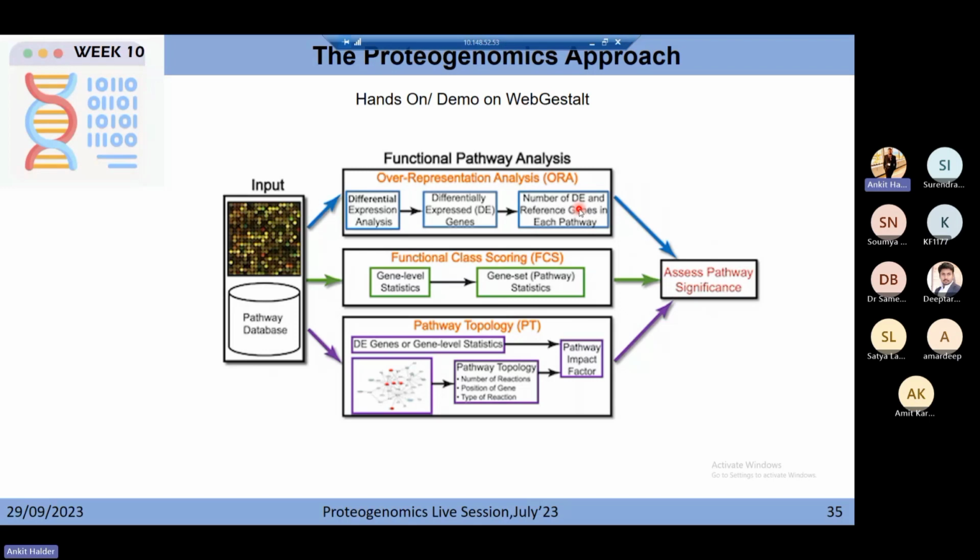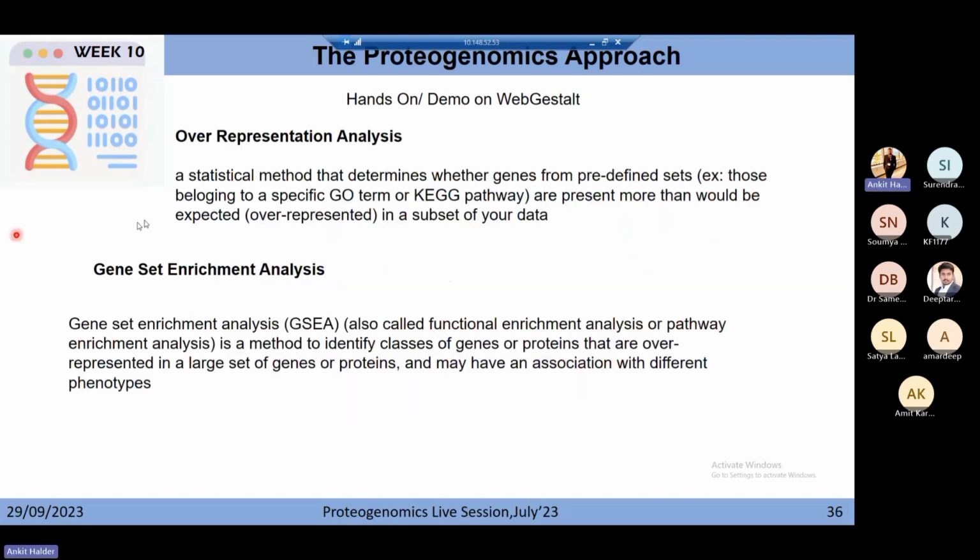Another is functional class scoring, that is the gene level statistics and the gene set, the pathway statistics. Similarly there is the pathway topology, or the differentially expressed genes, and then you will finally assess your pathway significance. So what is over representation analysis? This is a statistical method. Over representation analysis is a statistical method that determines whether genes from predefined sets, for example those belonging to your specific gene ontology term or a KEGG pathway, are present more than would be expected in a subset of